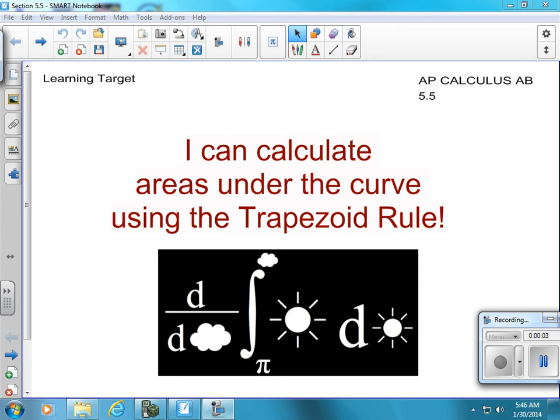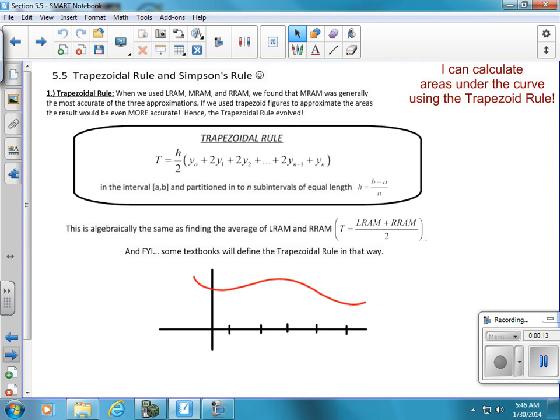Today's lesson is on section 5.5, which is all about the trapezoidal rule. And we're going to calculate areas under the curve using trapezoids. This makes sense since we've been using the rectangular area methods, left RAM, right RAM, and MRAM, midpoint RAM. And we have found some accuracy using the rectangles. So now it makes sense that if we make, instead of a rectangle on a curve, a trapezoid,